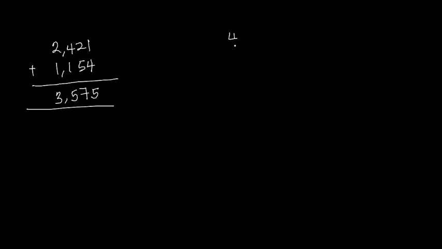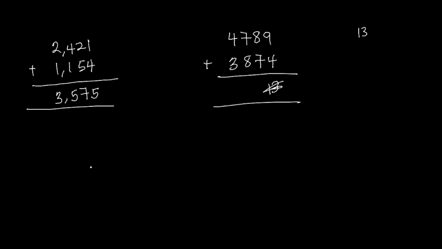Say we have 4,789 and we have 3,874. We have to add these 4-digit numbers. What is going to be our answer over here? Adding from the right to the left, we have 9 and 4. 9 plus 4 is 13. We don't write a 13 over here. No, we don't do that. What we do is that we write down the 3 and then we carry the 1 over here onto the